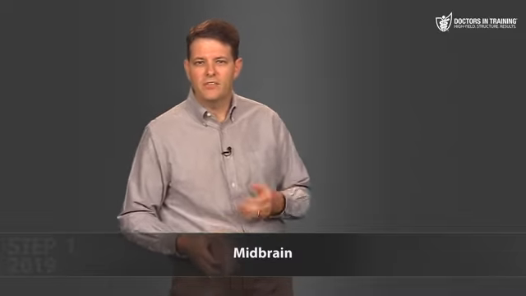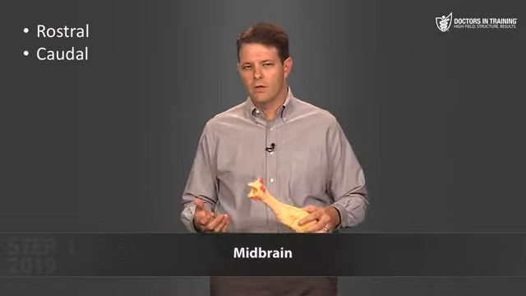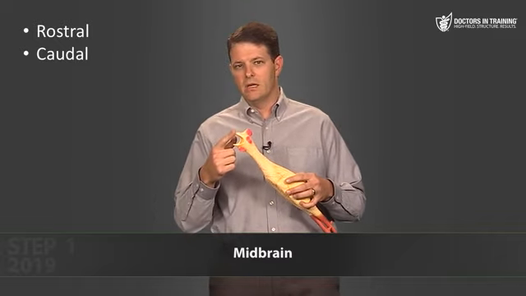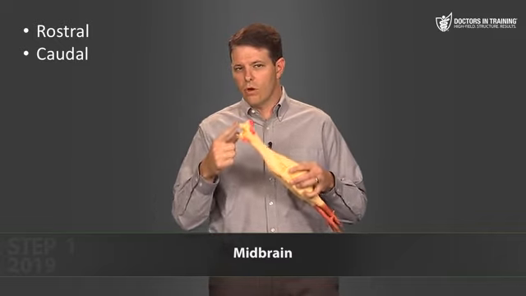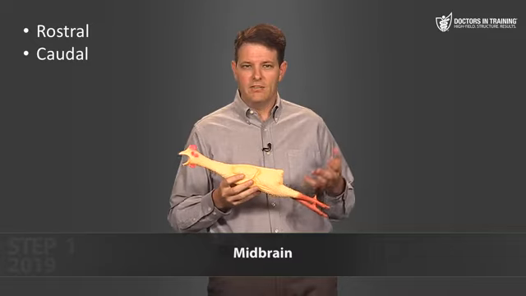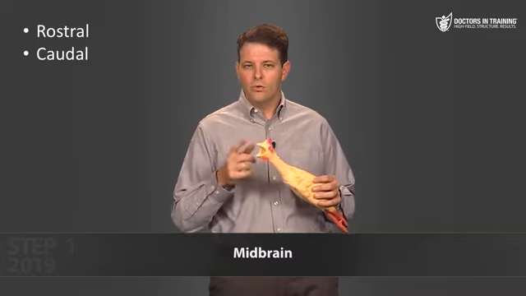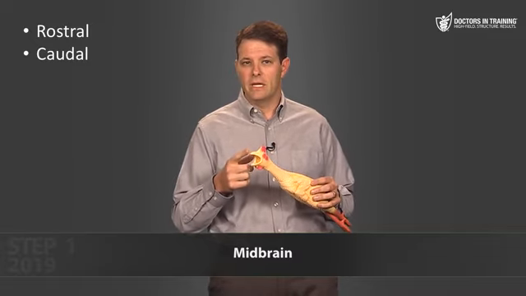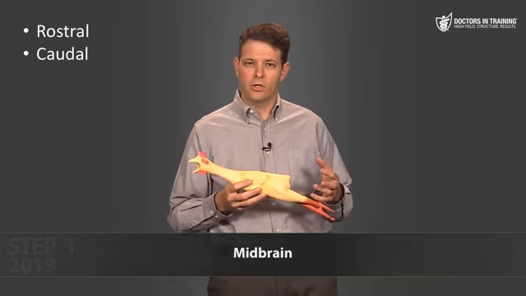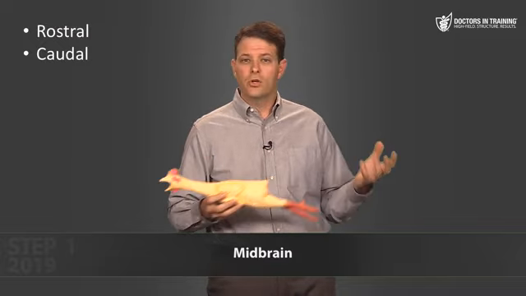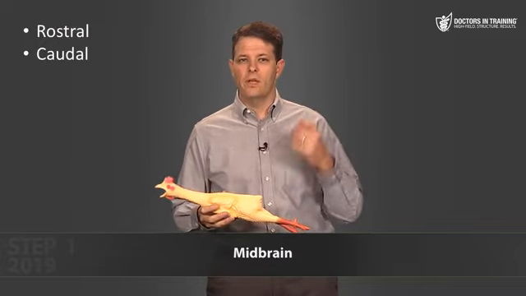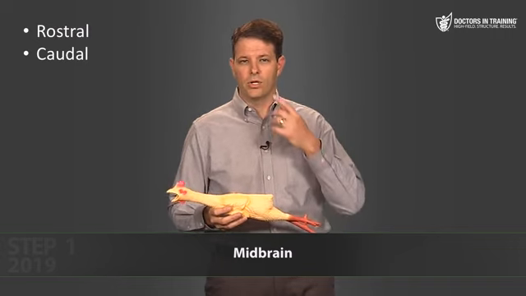Now, in the study guide, there's a diagram of the rostral midbrain. Technically, each level of the brainstem can be divided into a rostral portion and a caudal portion. Rostral means beak, kind of like rooster, rostral. And then caudal means tail. So the rostral medulla is the portion closest to the beak, and the caudal medulla is the portion closest to the tail. Or you can remember that rostral rhymes with nostril, so the rostral is the portion closest to the